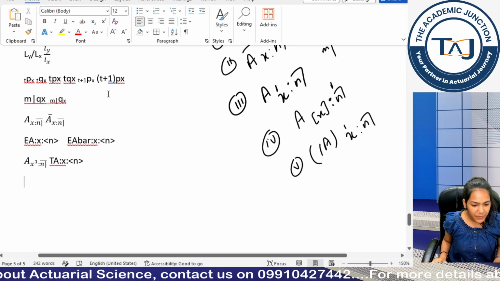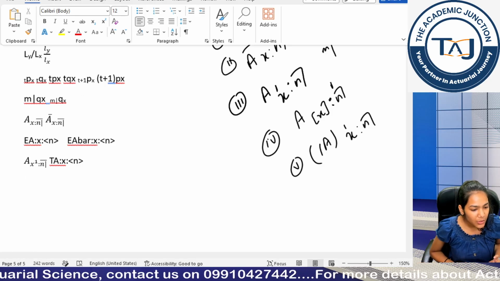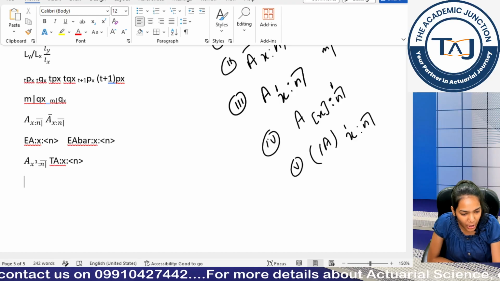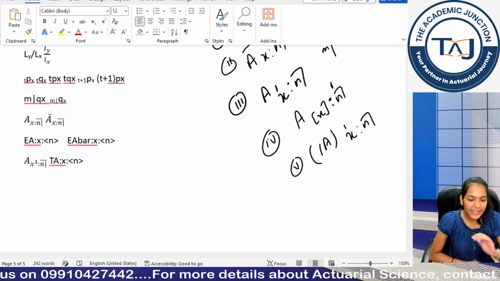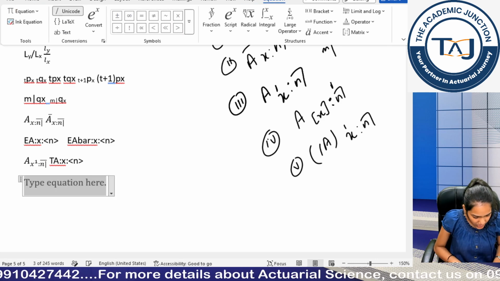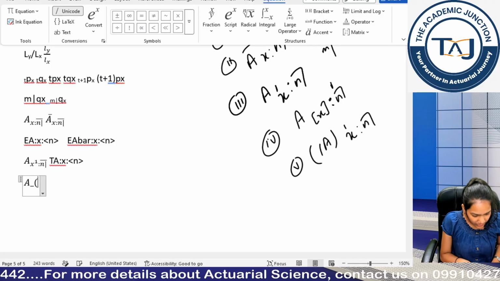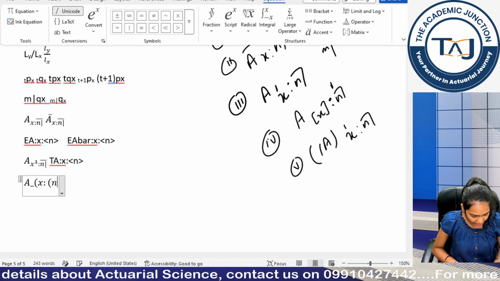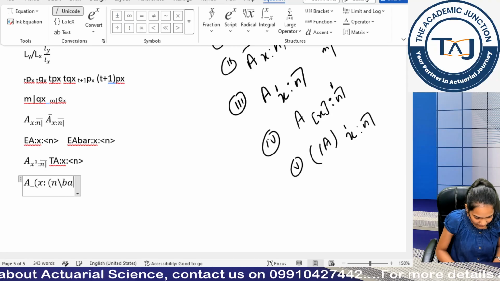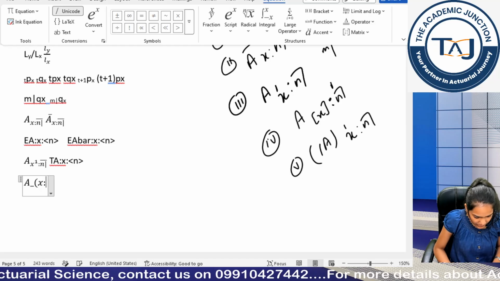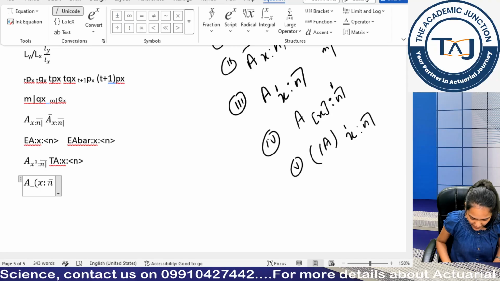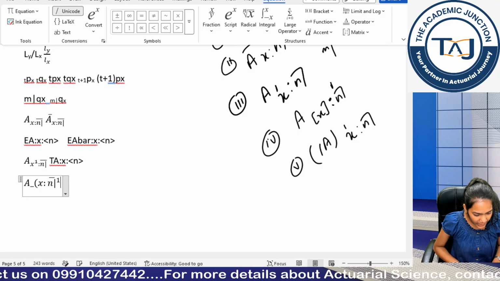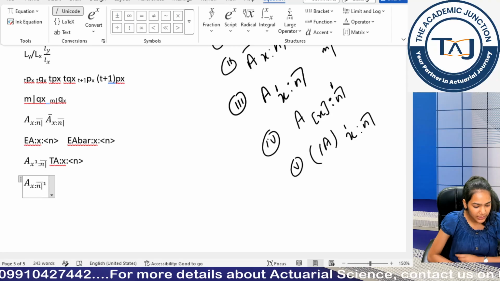Okay. Now moving forward, let's move forward to pure endowment. What will happen in pure endowment? This fourth equation is basically my pure endowment with select mortality. So for example, if I forgo the select mortality for now, it will become A underscore brackets, then I have X, then I have this colon, then I have this N, over N I have this bar. So let's take bar over N, double space, then I move forward, move backward, then I move forward, I also use 1 over there, then I use a bracket, then I use this.